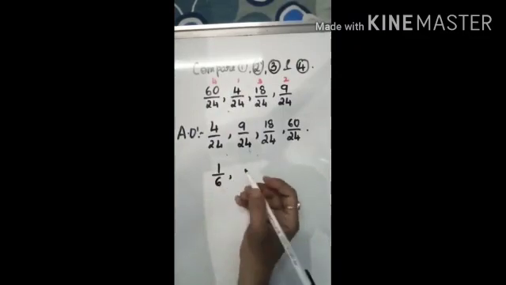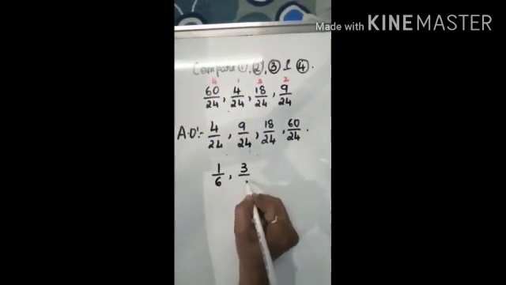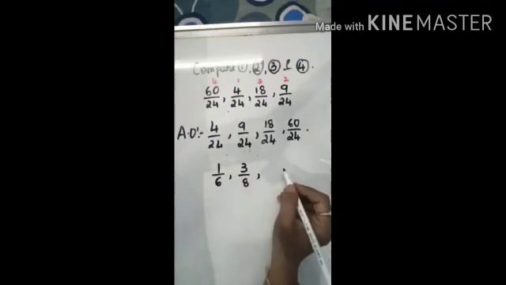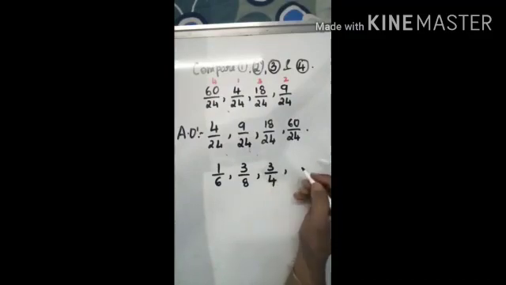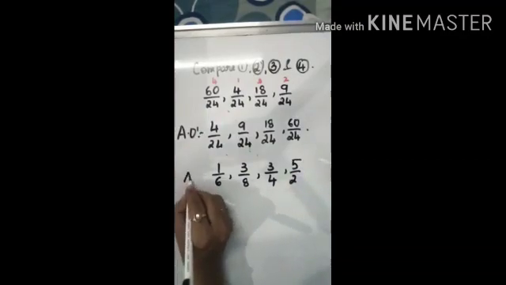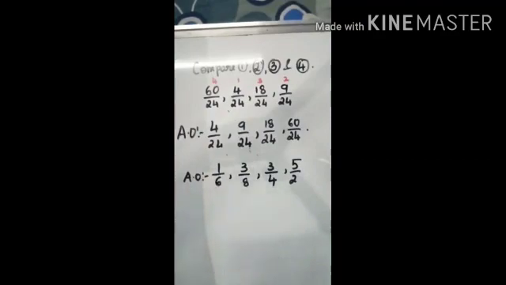9 by 24 is nothing but 3 by 8 from the question. 18 by 24 is nothing but the third one, that is 3 by 4, and the last is 60 by 24, that is 5 by 2. This is your final answer, that is the ascending order of the given fractions